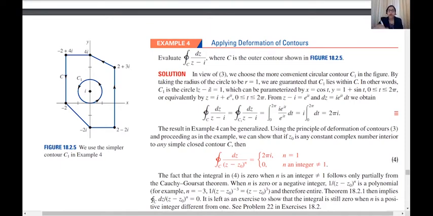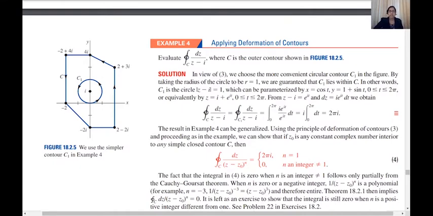In this case, the function f of z equals 1 by z minus i is analytic everywhere in the given contour except at the point i. So around the point where the function is not analytic, I am forming a circle, a region which is comfortable for me. That is basically what we do. Around the points where the function is not analytic, we form different contours and find the integral, and that will give the integral of that particular function along that contour.